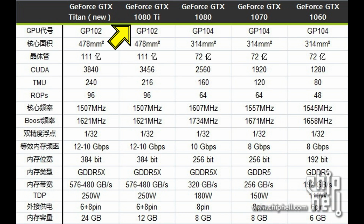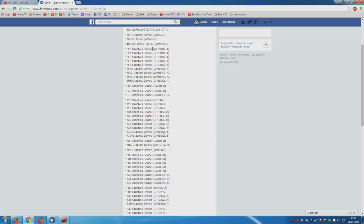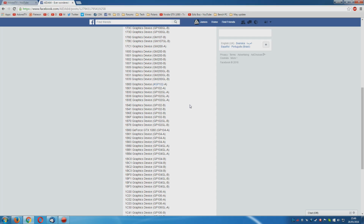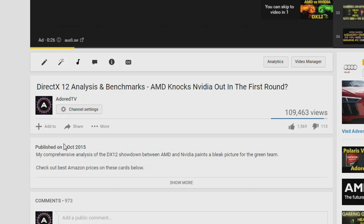GP102 might not be either, because there was another rumour recently suggesting that it won't have high bandwidth memory. This is what makes sense to me. To me, Nvidia has split Pascal. They've gone with the real Pascal, GP100, this is the one with HBM and NVLink. All the rest of the chips underneath it are simply Maxwell on speed,